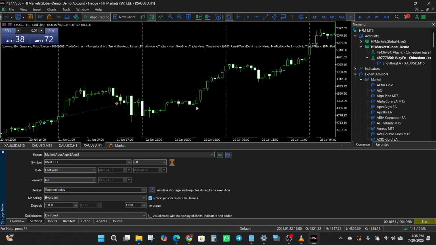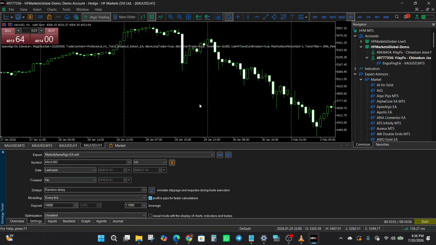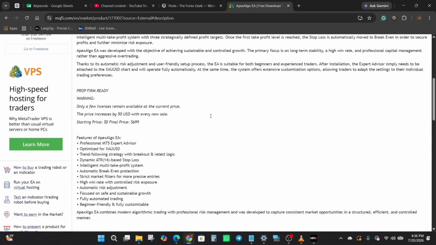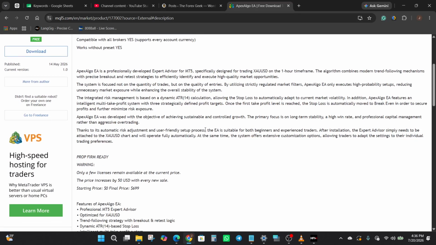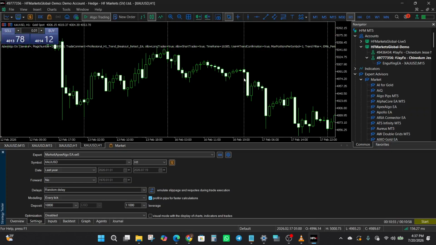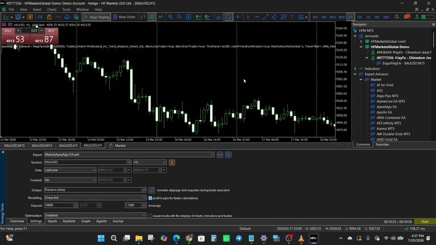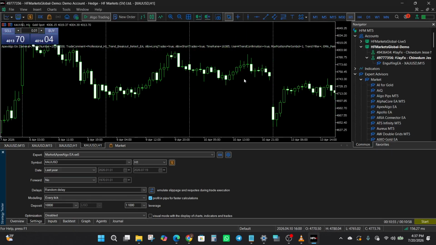Now positions are managed with dynamic stops that adjust to volatility, and we see the multi-take profit levels in action along with the break-even moves. We have already looked at the description here on the MQL5 marketplace so that we can understand the way the EA behaves. So when we look at the trade history, we might be able to understand it better when we look at how some of the trades are